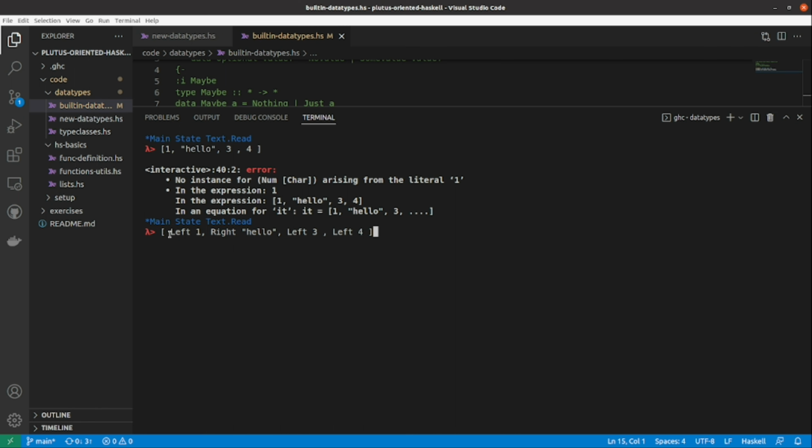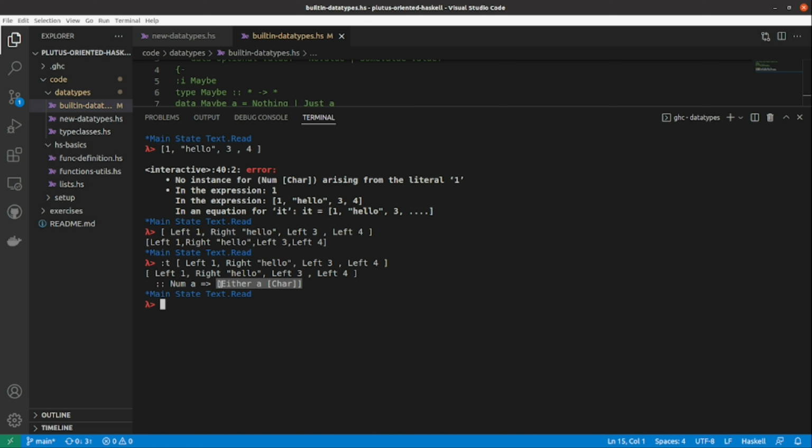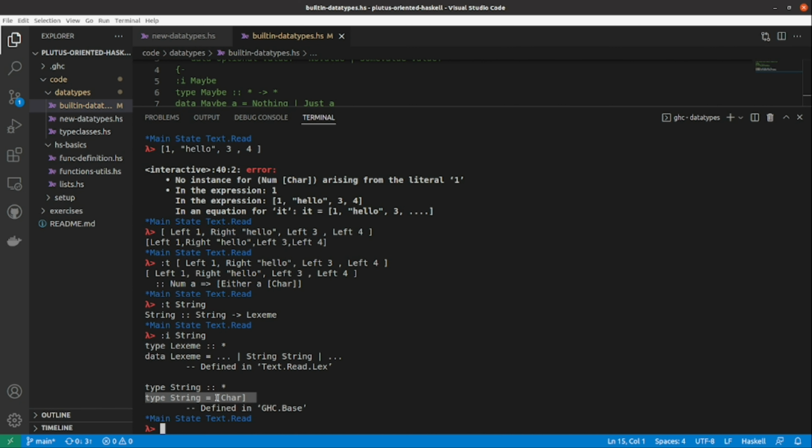either constructors. And I'm wrapping the numbers in the left constructor and the strings into the right constructor. So this is actually a list that is holding types of instances, either numbers or string. And we can of course evaluate this expression, and this is totally valid. And if we ask for the type of this expression, we see that we have here a list of either a, where a are numbers, and list of chars, which as we know are meant to be strings, as we